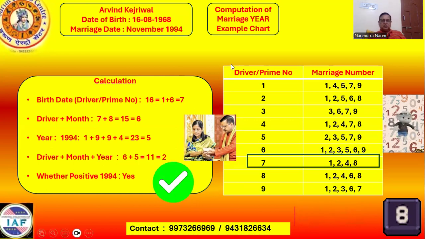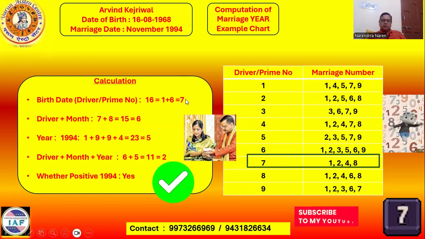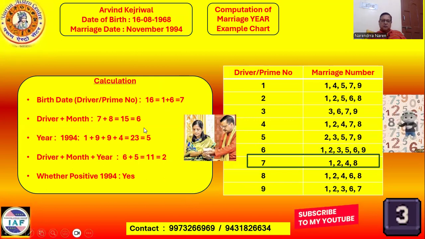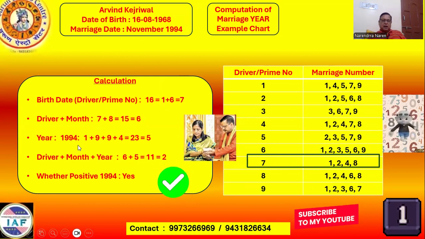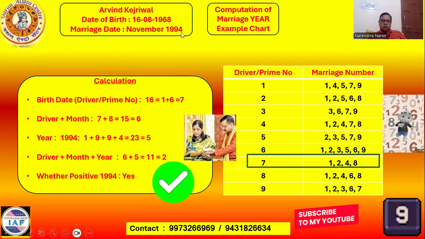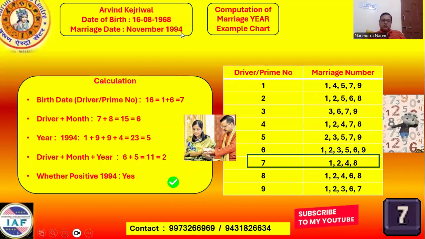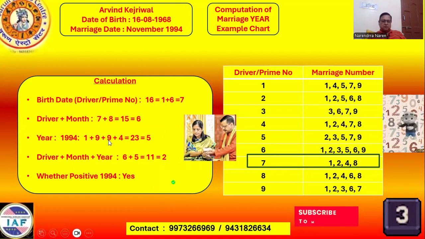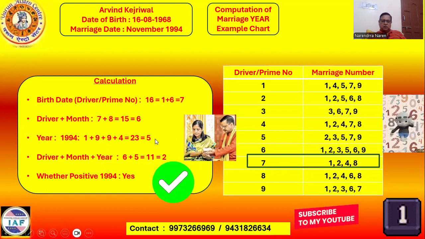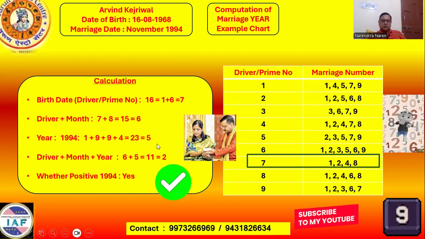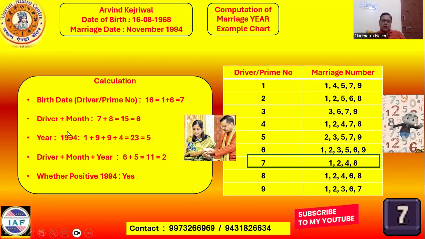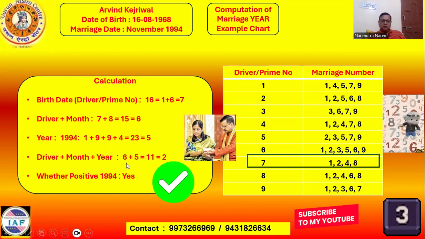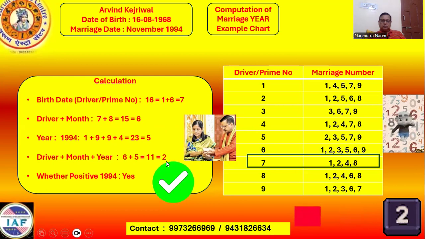So the birth date is 16, which comes to 7 when converted to a single digit, and thereafter the month, when it is added together, we are getting 6. Again, for the year, the sum total of the digits used in the year, we are getting 5: 1, 9, 10, 9, 19 plus 4, 23, is equal to 5. When we add together these two numbers, 6 plus 5, I mean date of birth, month, and year, we are getting the personal year. So in the personal year, we are getting 2.